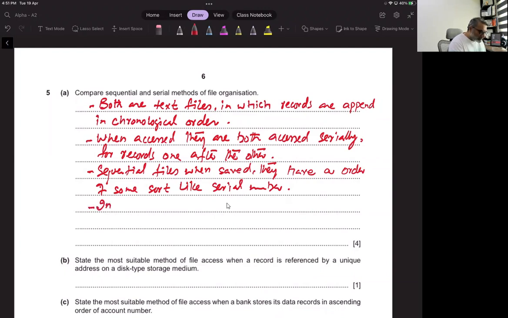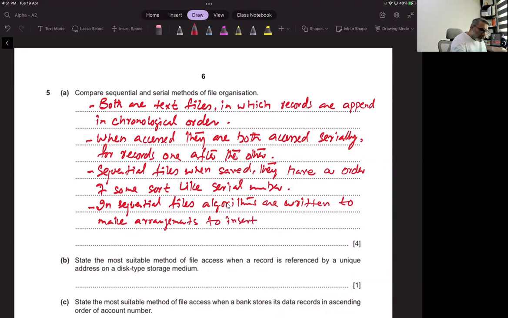In sequential file, algorithms are written to make arrangements, to insert record at required location. So see, in sequential file there are two